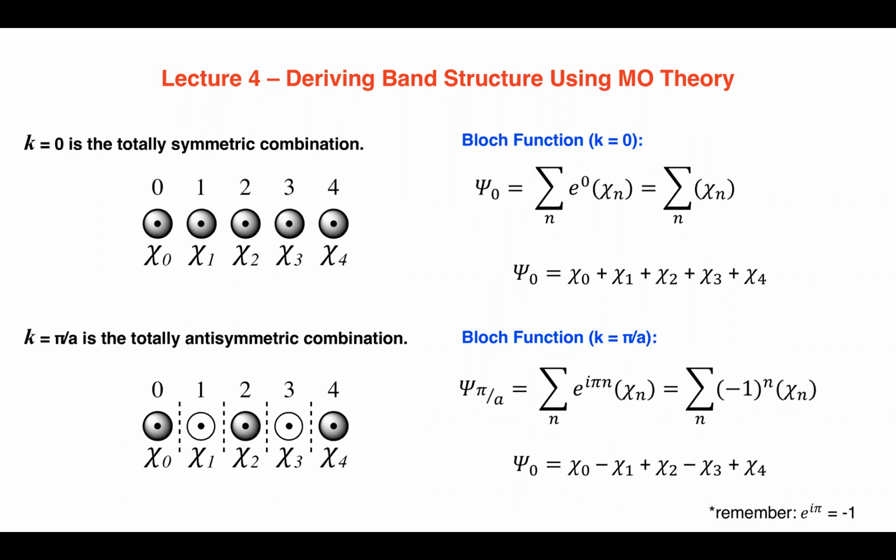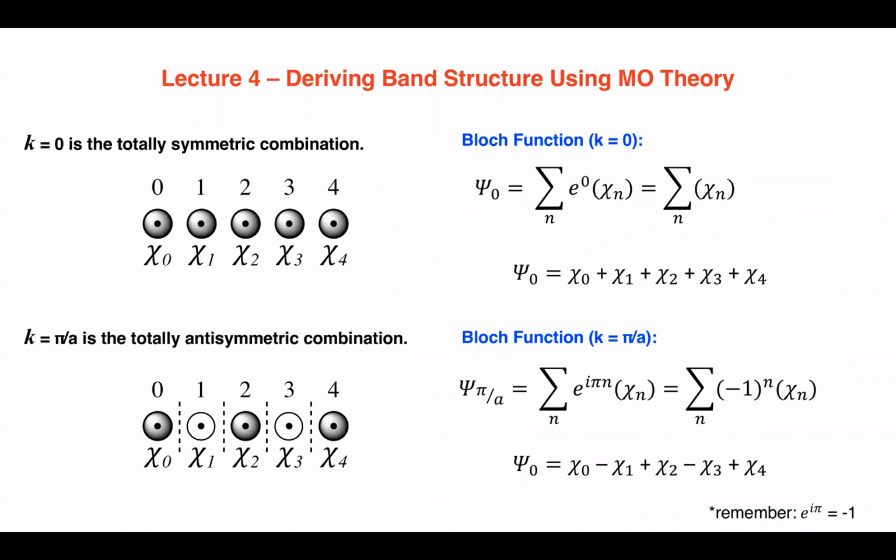When you have K equals pi over A and you plug that in here, you end up with e to the i pi. And you have to remember that e to the i pi is equal to -1. Okay, so if you have a -1 in this position, then the sum of these things ends up looking like this. Okay, so when you have this value, K equals 0, and you have a bunch of hydrogen 1s functions,